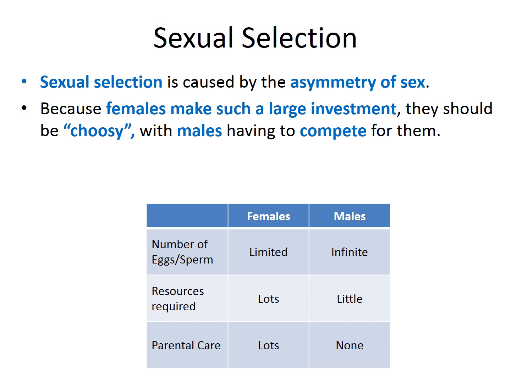For females, there's a lot of resources required for pregnancy. If you're a mammal, for example, you have to carry the fetus within your body for a certain period of time before giving birth. If you're a bird, for example, you have to put a lot of resources toward actually producing eggs. While in males, there's little investment. They're not carrying the young at all.